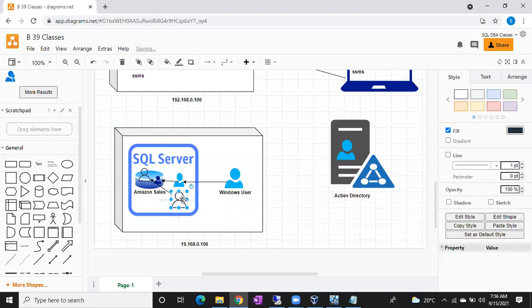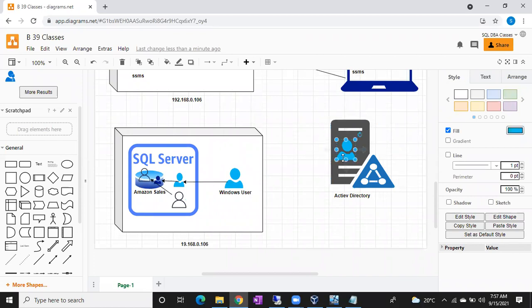If this login wants to access the Amazon sales database, imagine this is Anjaneyulu, and this Anjaneyulu is a SQL login. Imagine Anjaneyulu is a developer who wants to connect to this Amazon sales database. Now I can directly create a login for Anjaneyulu. There is no prerequisite for him. Even though he's not, of course, a member of Active Directory, by default Anjaneyulu is an employee, so of course he is a member of Active Directory.